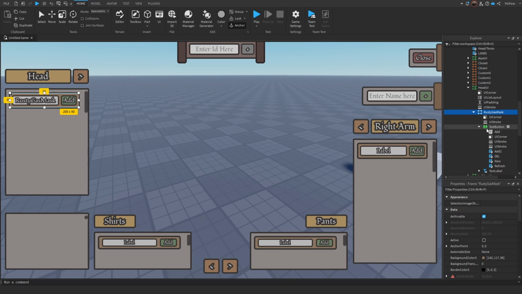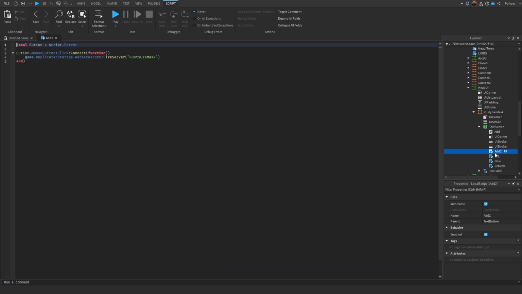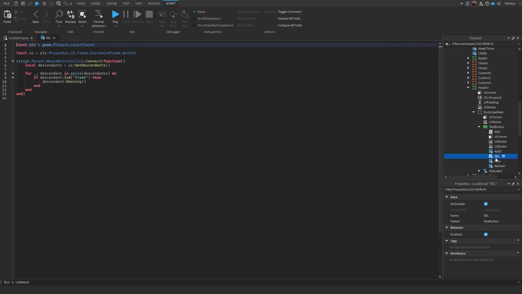And inside of the text button we will also have new scripts. So you have this local script which fires the remote event. Once you click on the button, it will fire the add accessory remote event, and it will send the text Rusty Gas Mask, so you know it's for the Rusty Gas Mask. And we have then this deletion